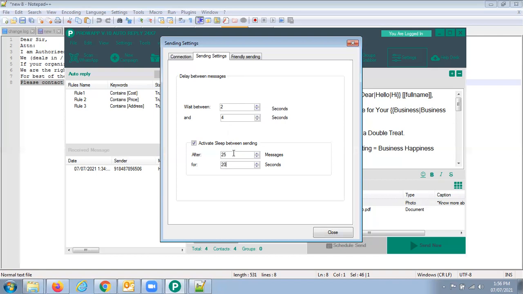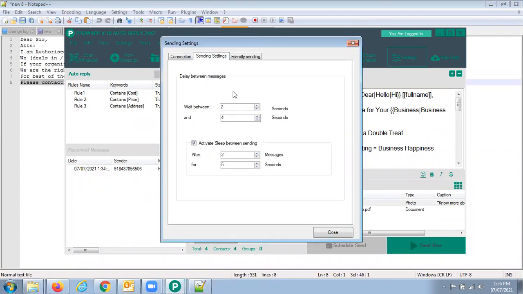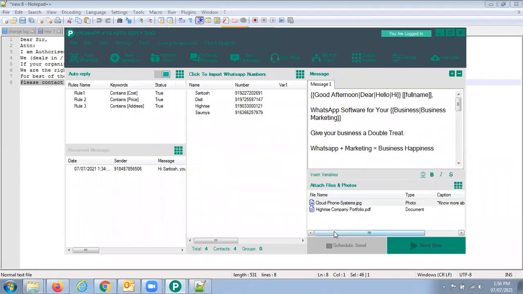So every time you need not set these limits, right? It is set once. Whenever you want to change, you can. But as long as you are not changing, suppose I close it here and reopen it, you'll see it gives me the same setting. So this we have to set once.